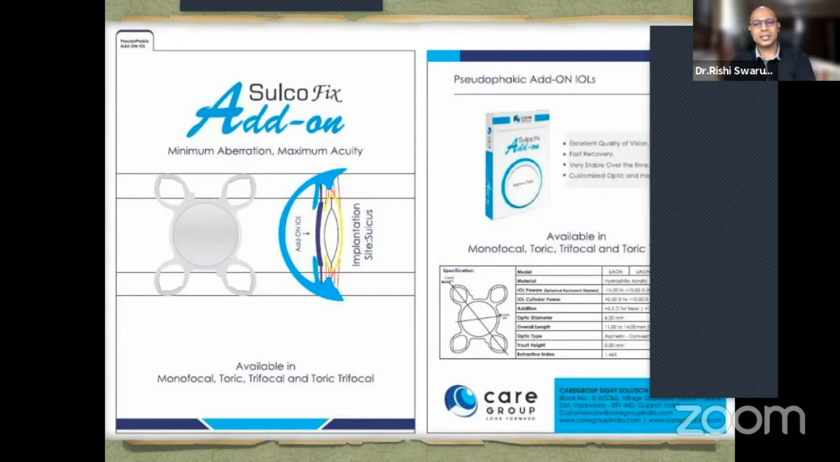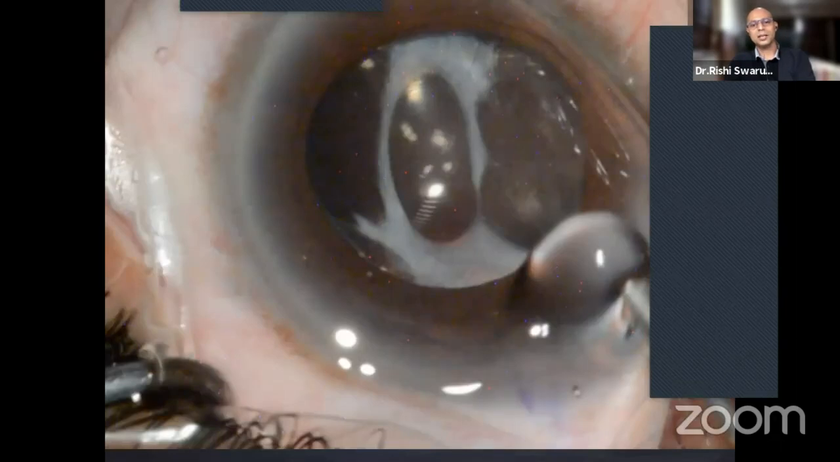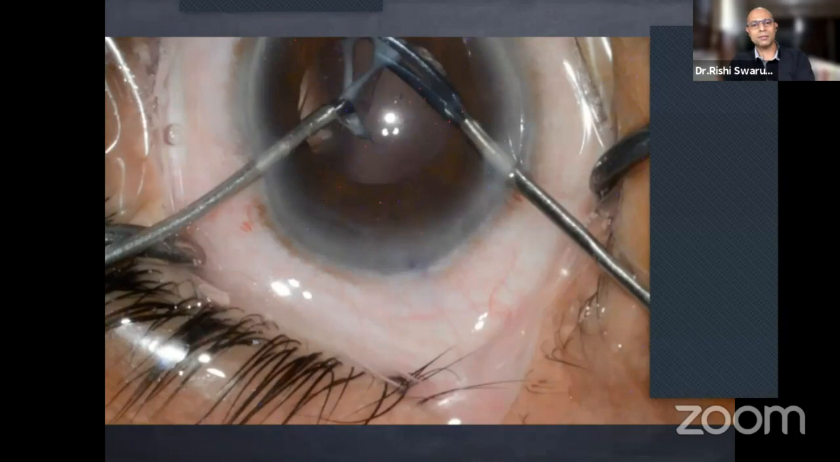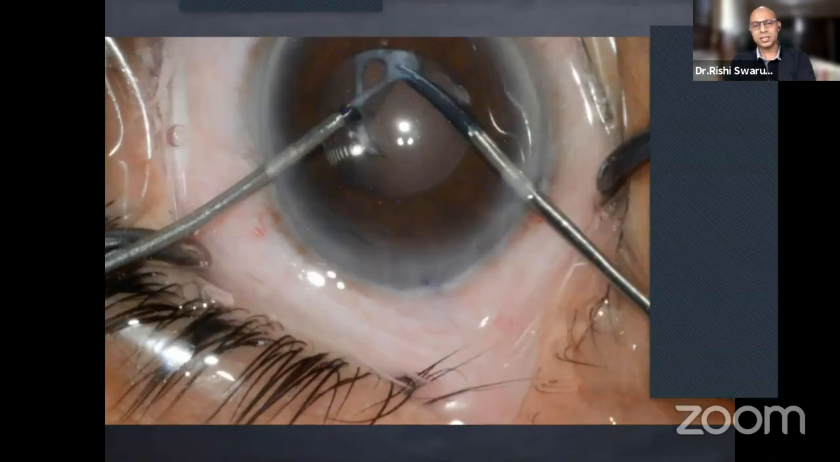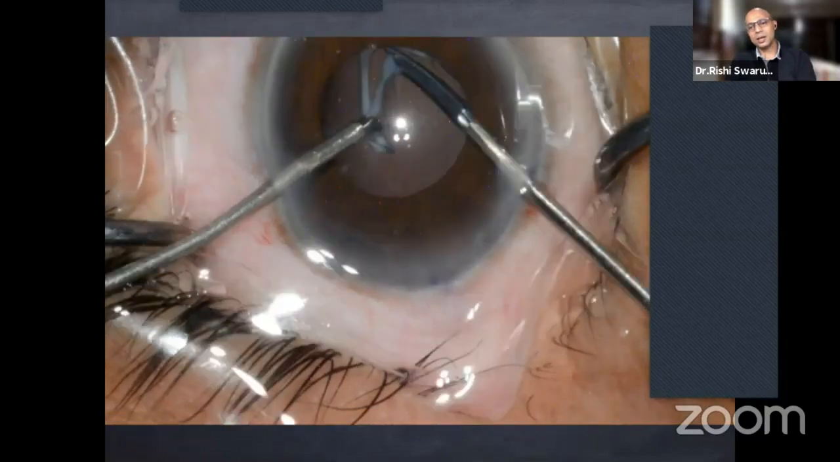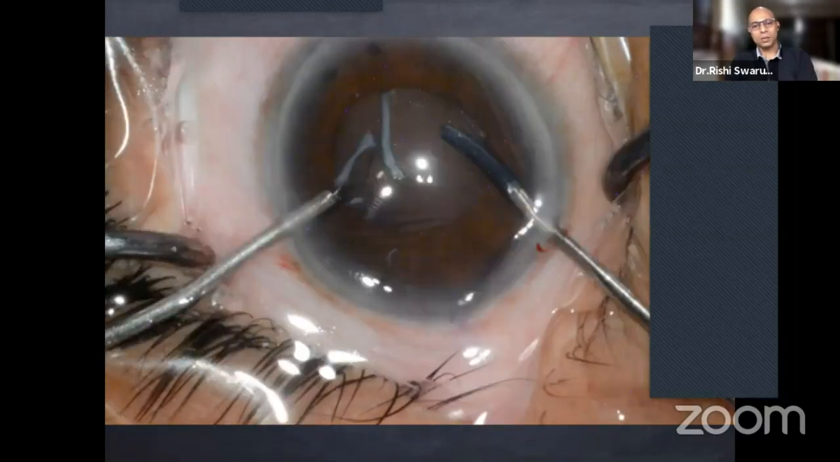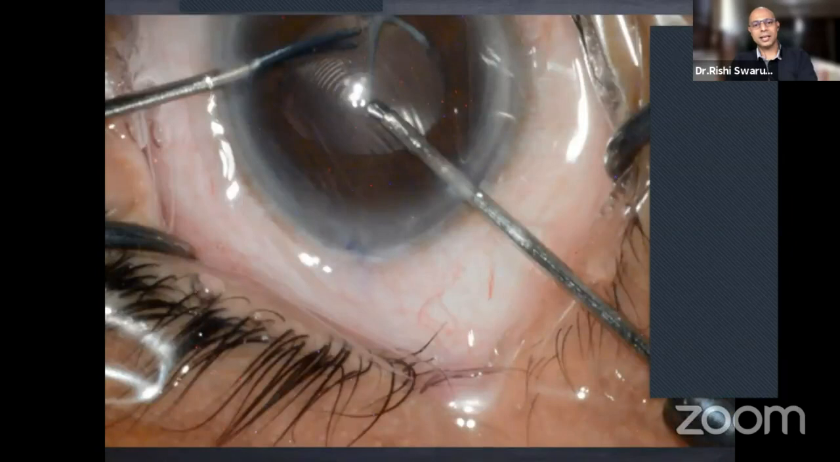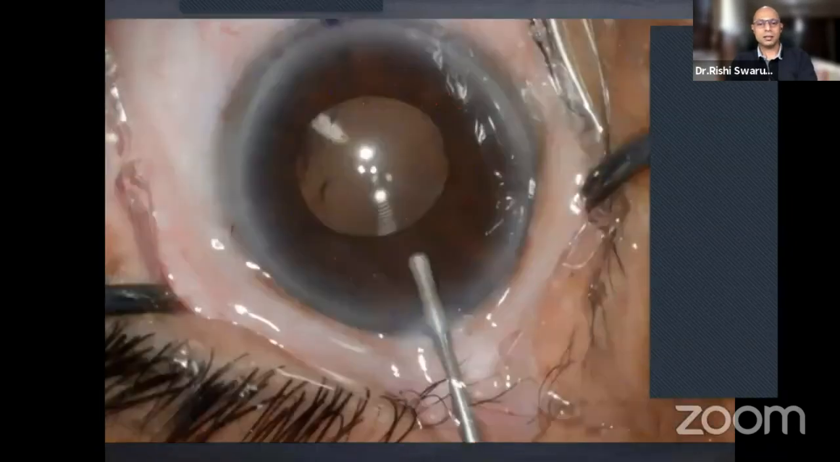So this was the lens which was calculated, and this is just a surgical video in which we're showing that we are cutting out that fibrous capsule. Now I was concerned that removing this fibrosis might change the lens position and I might end up with a refractive surprise again. But luckily, after putting in the lens, as you can see,